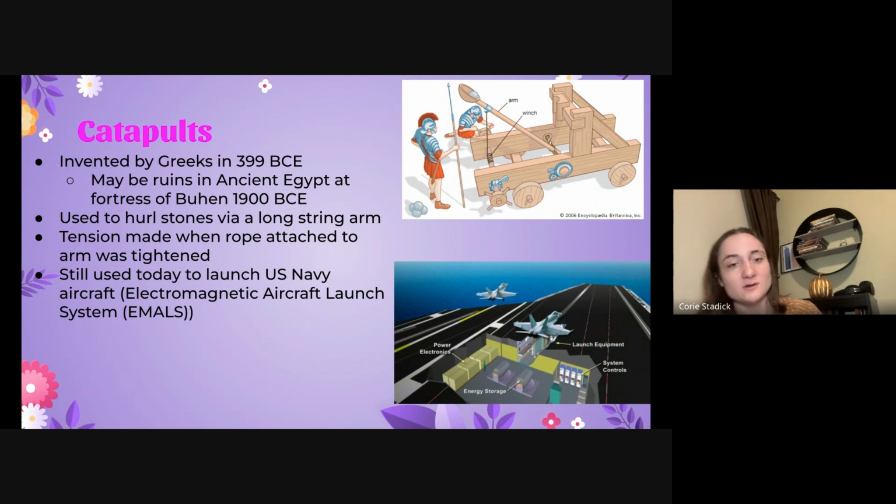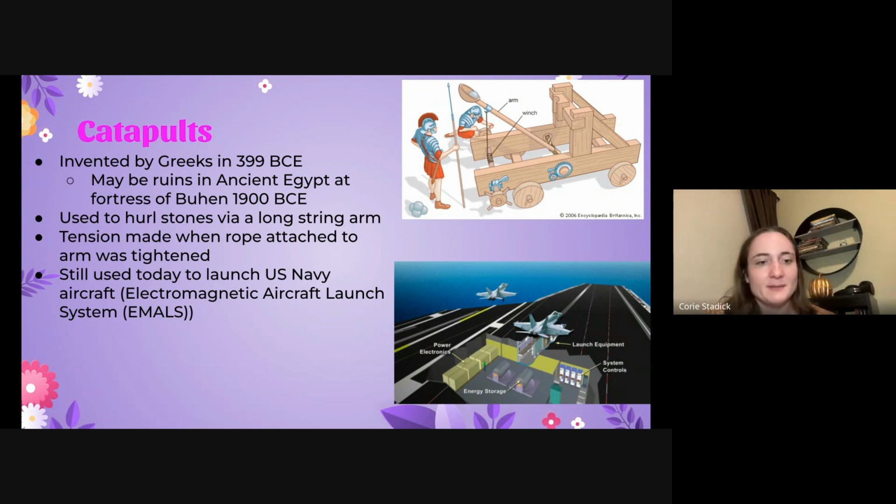It was used to hurl stones via a long string arm. So as you can see here in the diagram, there's the arm with the little cup with the rock in it, and then there's the string right below it. So the string would get tighter and tighter and tighter, lowering the arm. And then once that string was either cut or released, the arm would fling back up and fling the rock